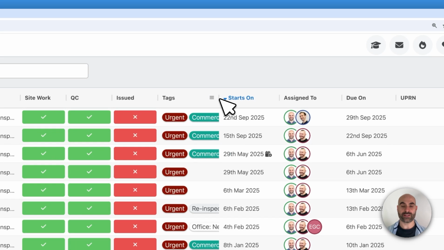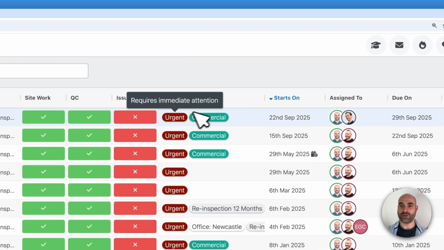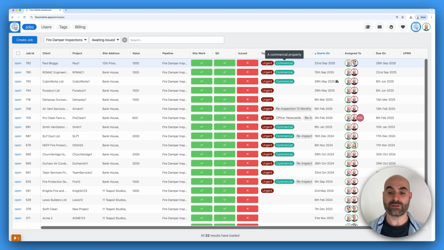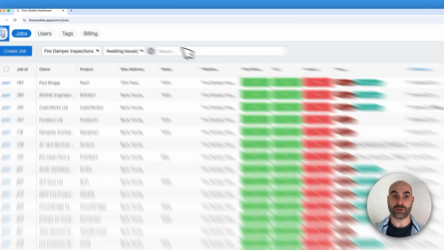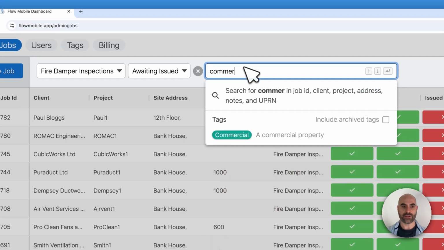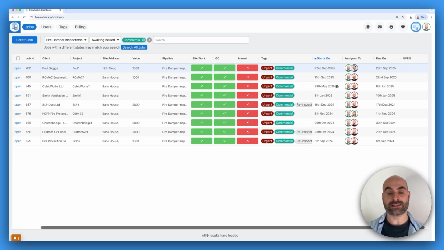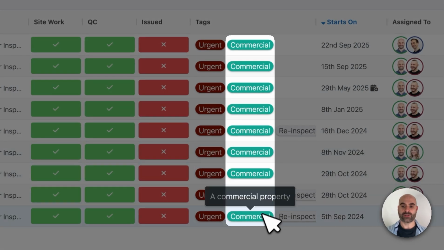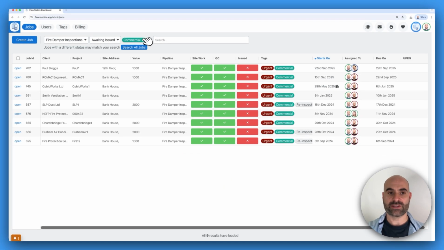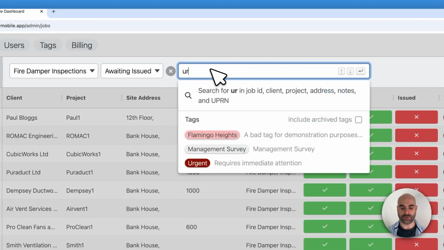You'll also notice that the tags that we added to the job, urgent and commercial, are shown here as well. And we'll come on to what that means now. So let's imagine we want to find all of the jobs that are commercial jobs. I'm just going to type in commercial here. And you can see that much longer list has now been filtered to this short one, which all have that commercial tag. If I was to say, show me all of the urgent jobs,